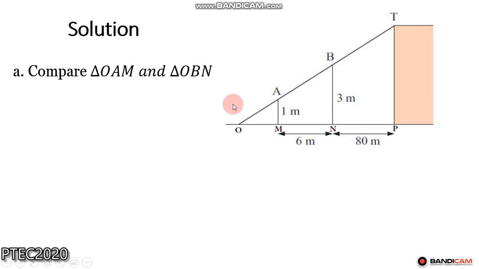So in order to prove it, you can look for the three conditions as I mentioned in the previous slide. We have three conditions: AA, SSS, and SAS. So can you find which condition we can use to prove it? So in here